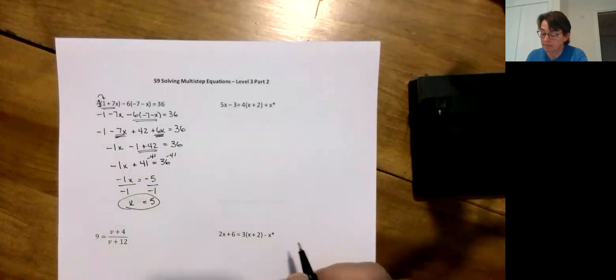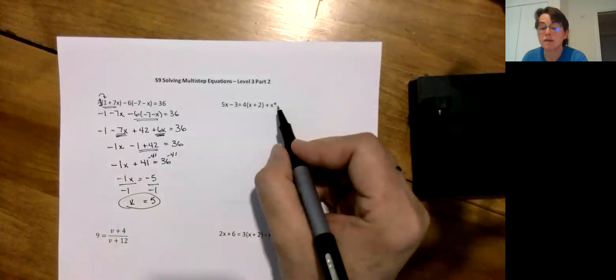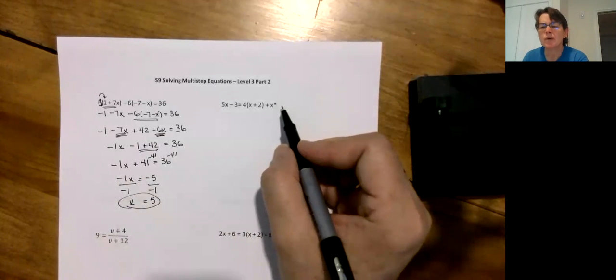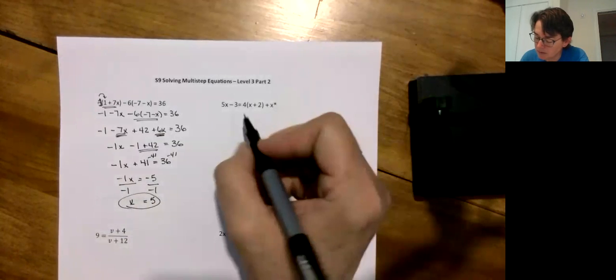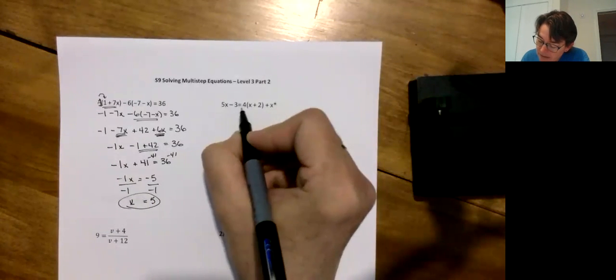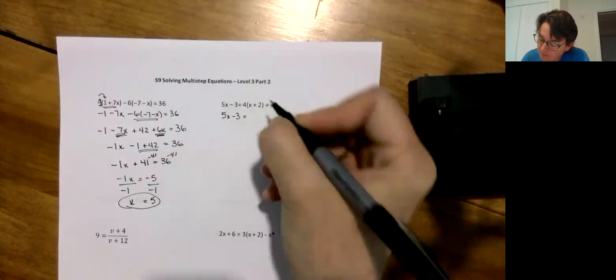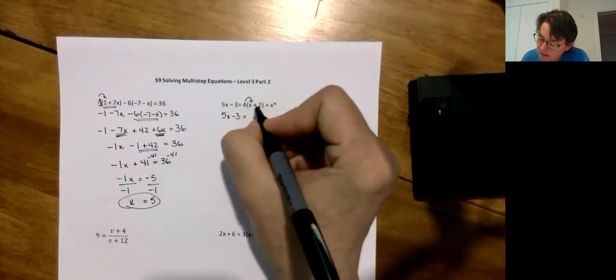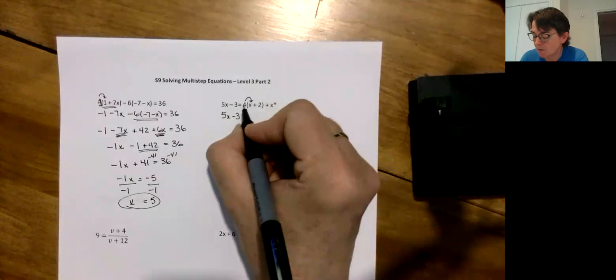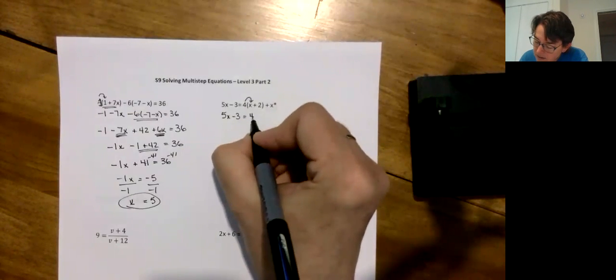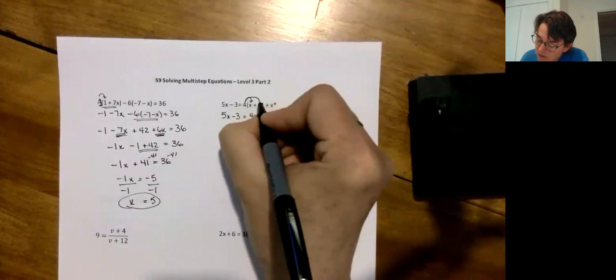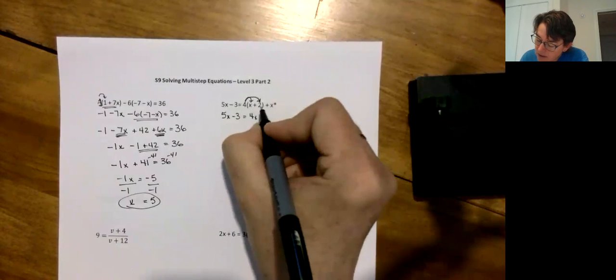Now, these ones with the stars, I don't remember what it is, but I know the answer is weird. So let's work through it and see what happens. I can't do anything on this side, so 5x minus 3, you break it down. Here, I can do my distributive property. So 4 times x is 4x. 4 times 2 is 8